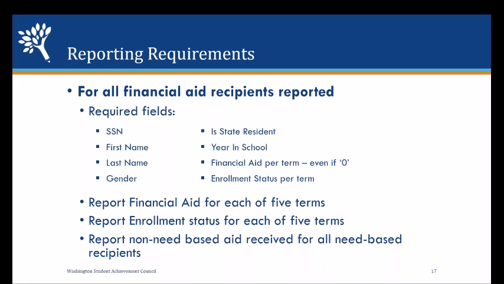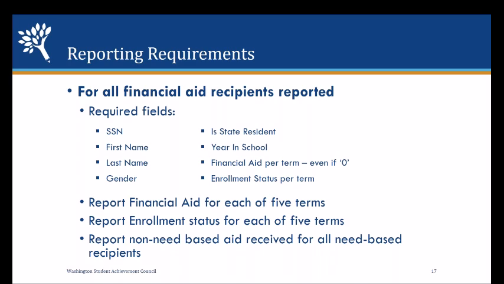For Social Security number, I just want to stress that for some of our WASFA students or people who don't have Social Security numbers, 1, 2, 3, 4, 5, 6, 7, 8, 9, or 9, 8, 7, 6, 5, 4, 3, 2, 1 are not valid. So really be careful when you're looking, especially on those applicants'